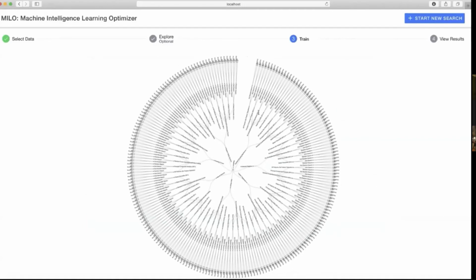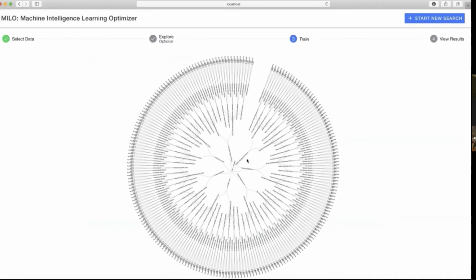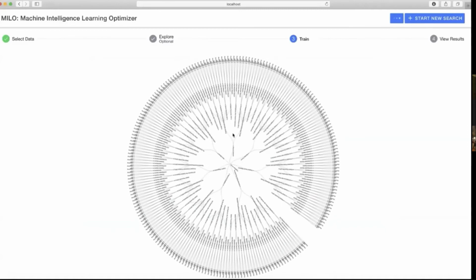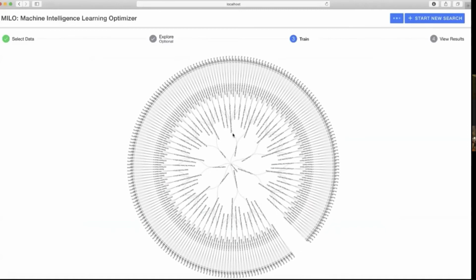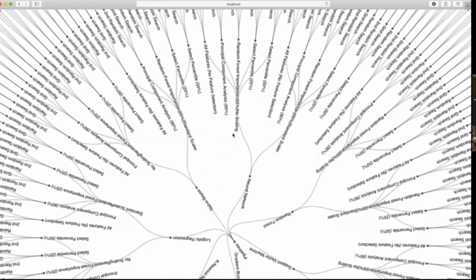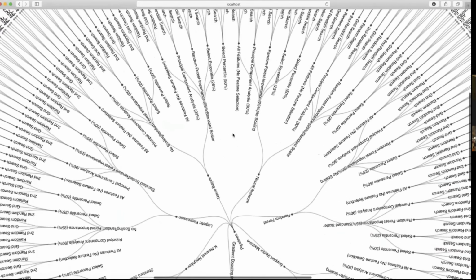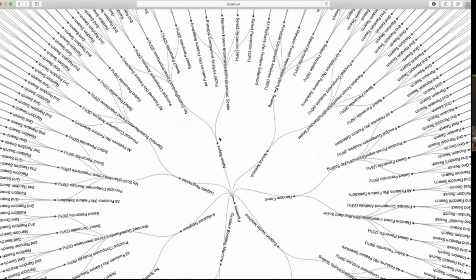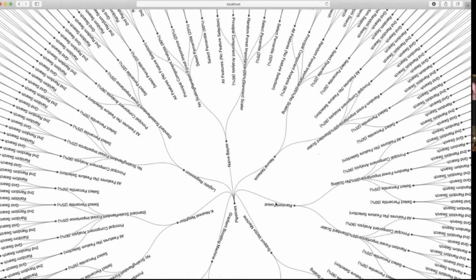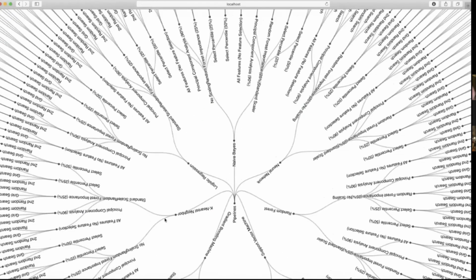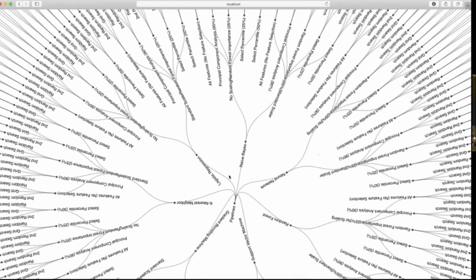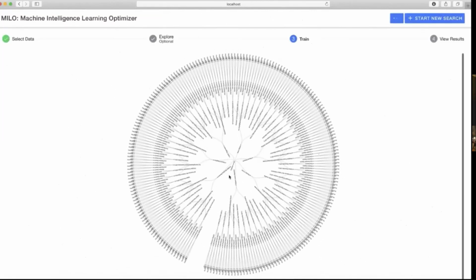But obviously, within this hour or so that this is going to run, this wheel of pipelines, where each spoke of the wheel is a specific pipeline that is actually running, shows the algorithms that you can see, the neural network with different feature sets that were picked out, different scorers, different searchers, and then ultimately this is going to go on and keep on training.